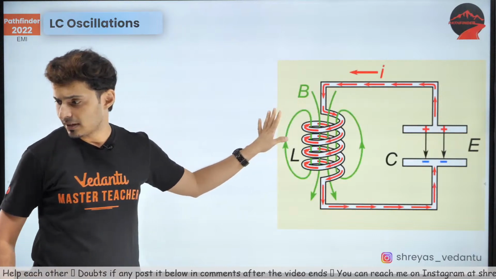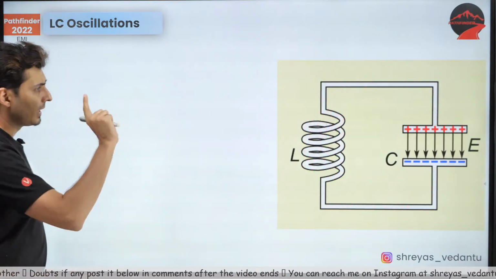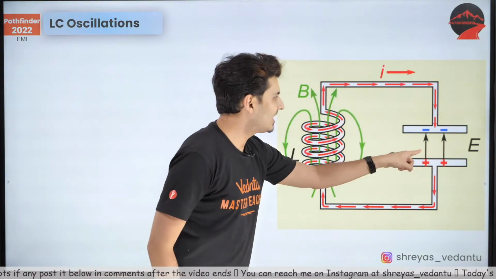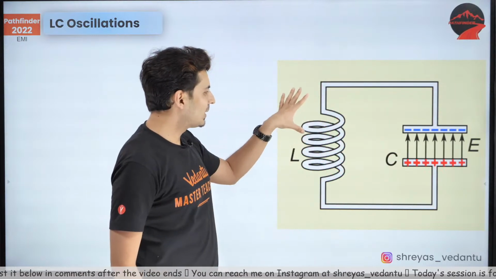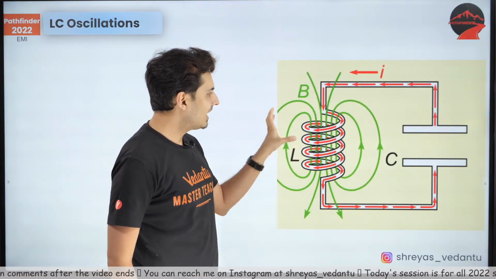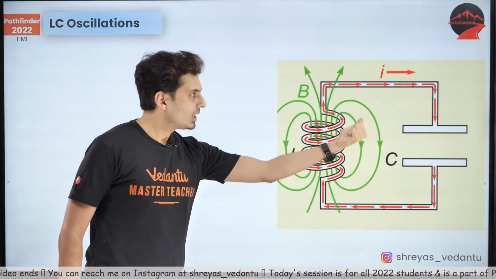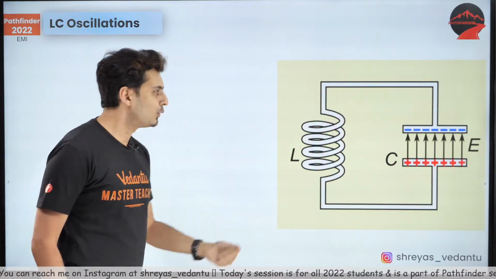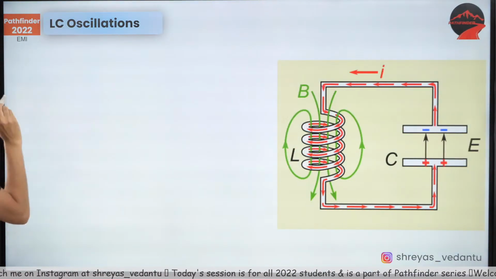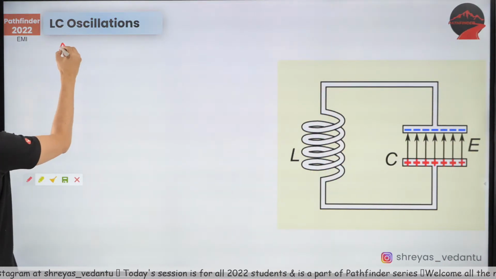Let's start solving the equation for this. You can see over here the capacitor gets charged, the current flows to the inductor, the inductor gets energy, and again the inductor gives back that energy over here. You can see that the energy flows back and forth. Now let's write this down. At any instant,